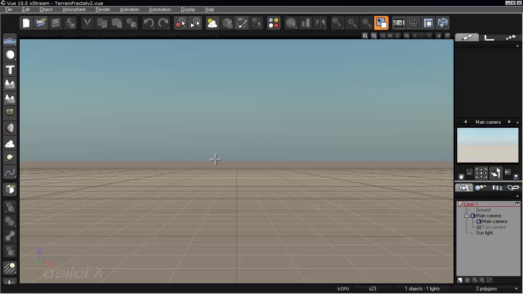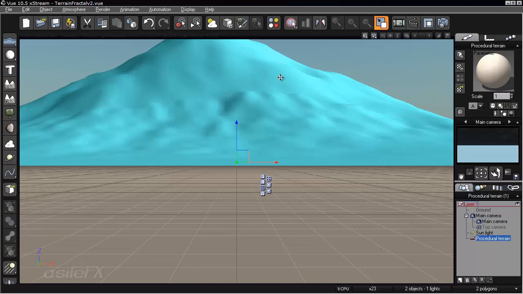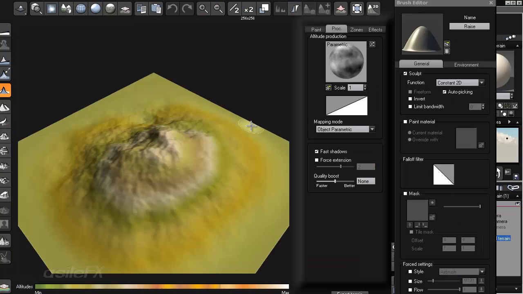The Terrain version 2 Fractal is a really cool addition to Vue 10.5, and it's for creating more rocky type landscapes within procedural terrains. So we're going to go ahead and create terrain. I'm just adding in procedural terrain,